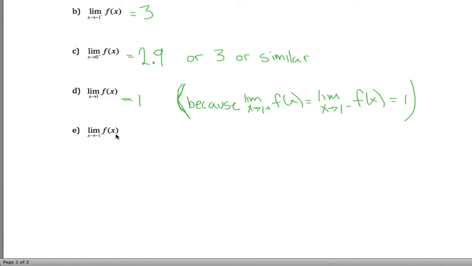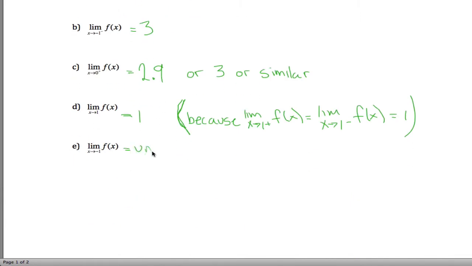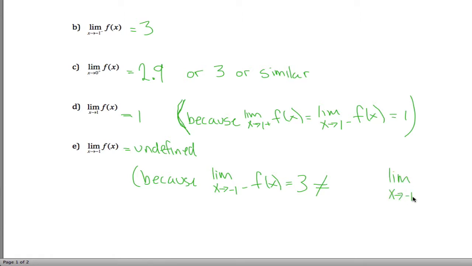And then finally, the limit as x approaches negative 1 of f of x. So now we're back over here. It doesn't tell us which side we're coming at. So because the limit from the negative side is different than the limit from the positive side, what that means is this is undefined. This is undefined, and maybe again parenthetically that's because the limit as x approaches negative 1 from the negative side, which I figured out was equal to 3, is not the same as the limit as x approaches negative 1 from the positive side,